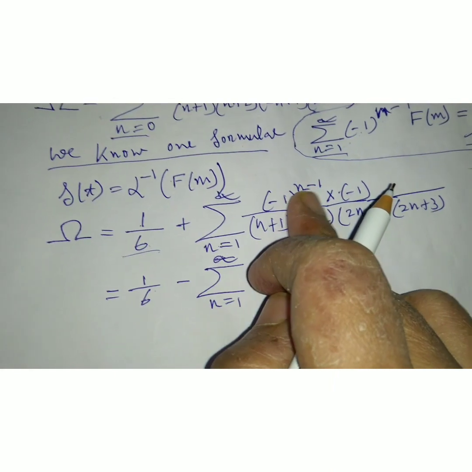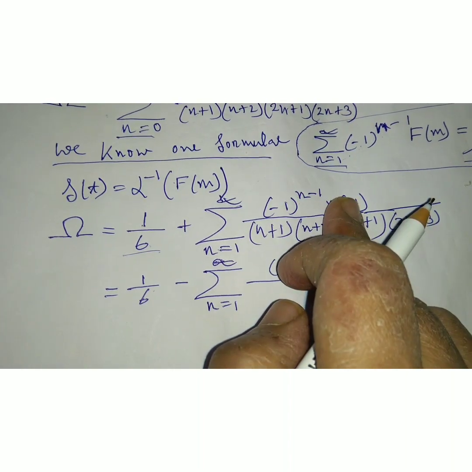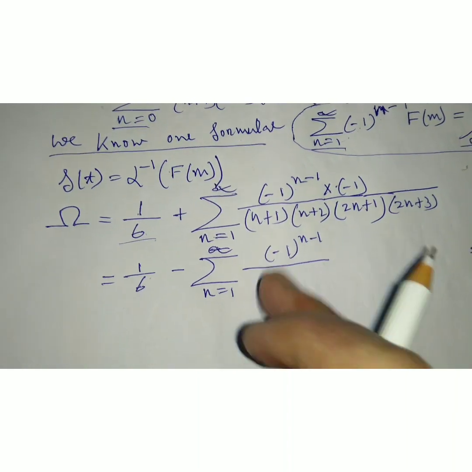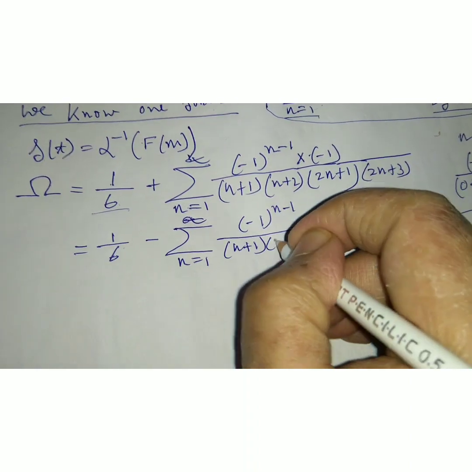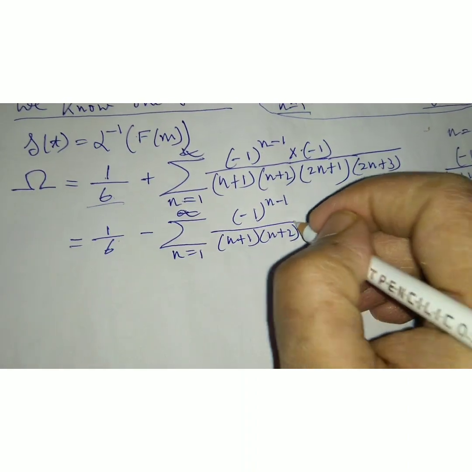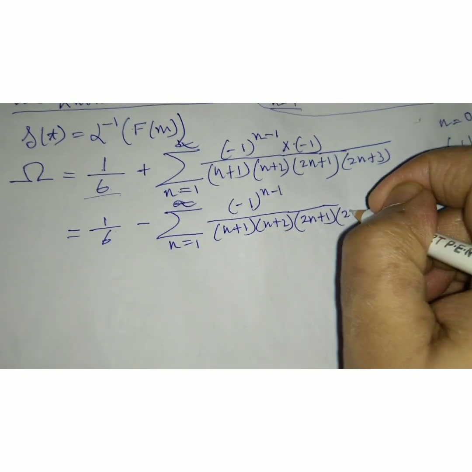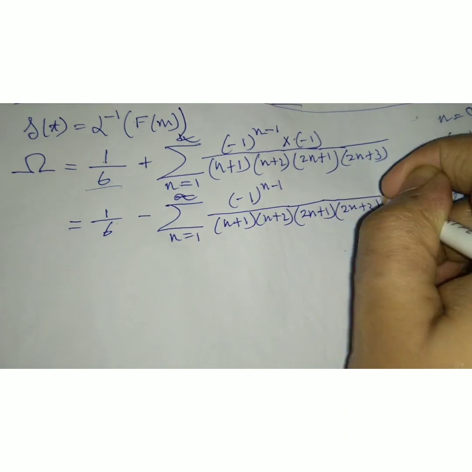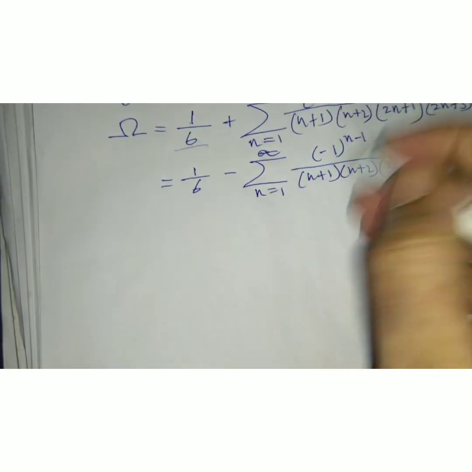Minus 1 to the power n can be written as minus 1 to the power n minus 1 into minus 1. After that I write (n plus 1) into (n plus 2) into (2n plus 1) into (2n plus 3). Okay, now